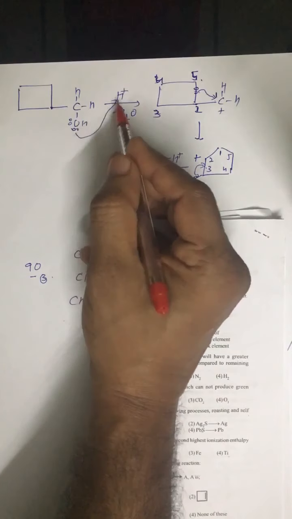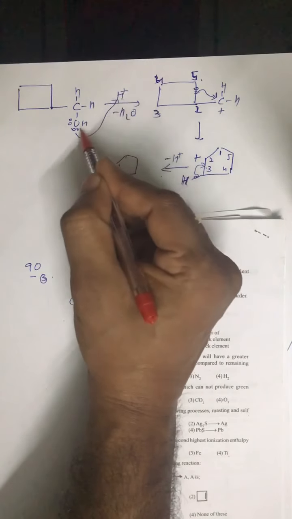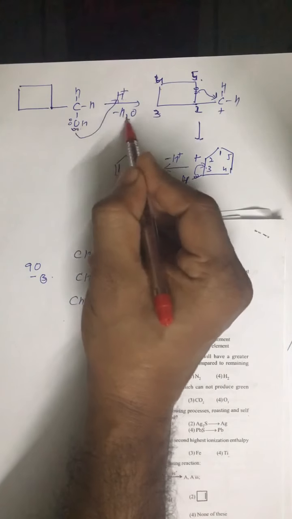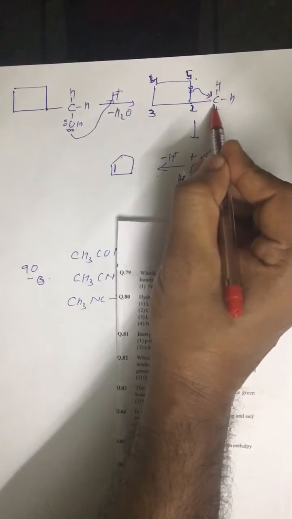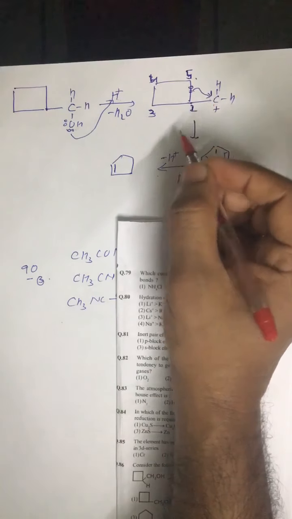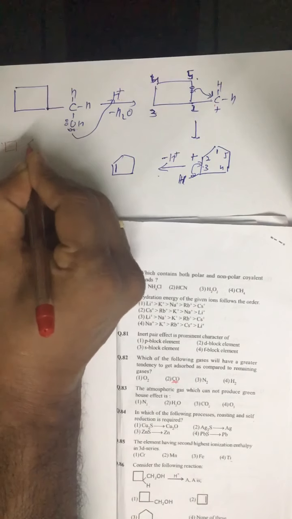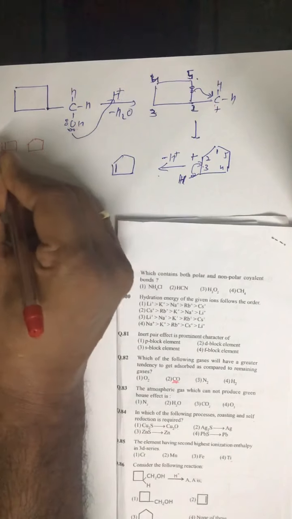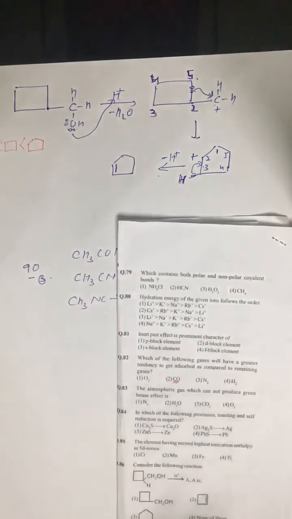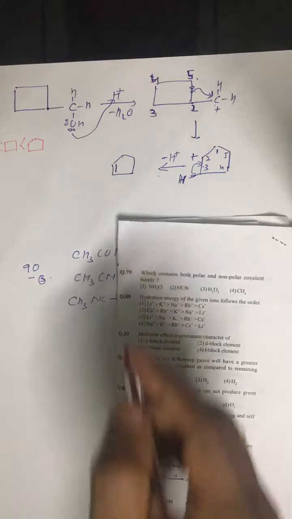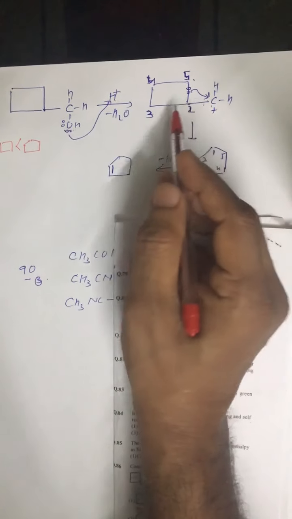Now look at question number 86. In 86, this substance having OH is treated with H positive. So H positive attacks the lone pair, and H2O is removed. A positive charge is created. Now we know the order of stability of cyclopropane, cyclobutane, cyclopentane, etc. Whenever there is a possibility of ring expansion, it happens.